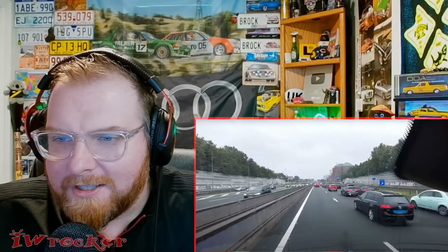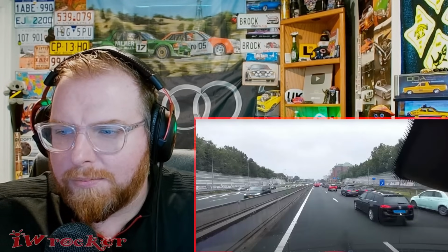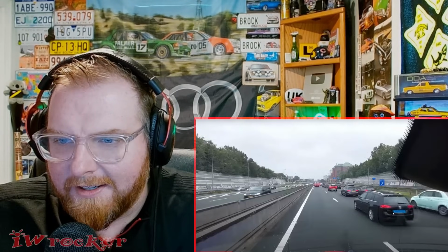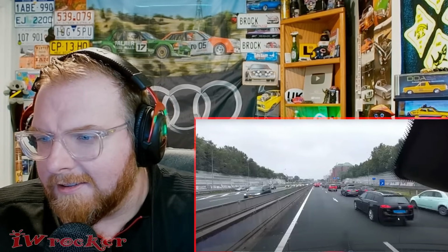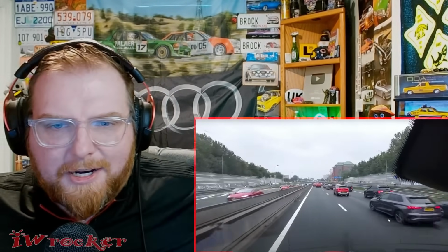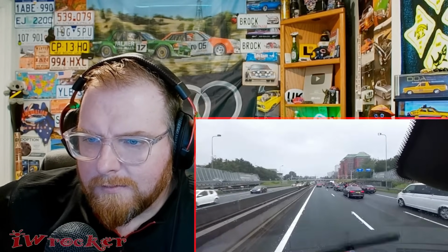I noticed the Netherlands are always cool because they have like the yellow license plates. I noticed now this is like the second or third car I've seen with this bright blue plate. It's actually cool looking. I assume that might be a different type of vehicle if it has the blue plate. I'm leaning towards it's not like a custom plate. Maybe it's like a government vehicle. Maybe it's like a livery plate, like for a taxi or a fleet vehicle of some sort. Not sure. Because there's another one there. Anyway,